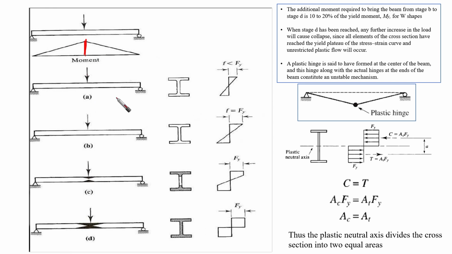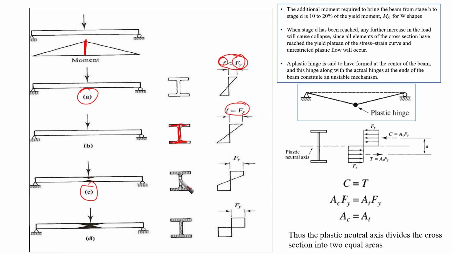By increasing the load here in stage A, our F, which is the stress in the cross section, the maximum stress, is going to be less than F yield. After a while, we are going to find that our cross section is going to reach F yield. This means that some part of it is about to yield. After that, at stage C,